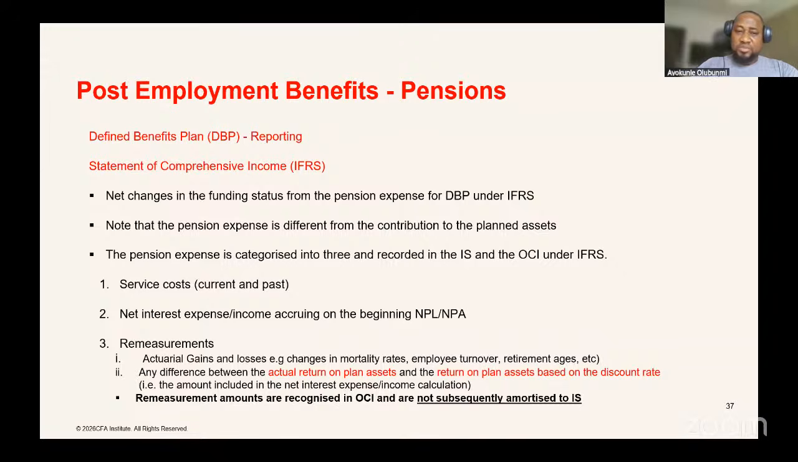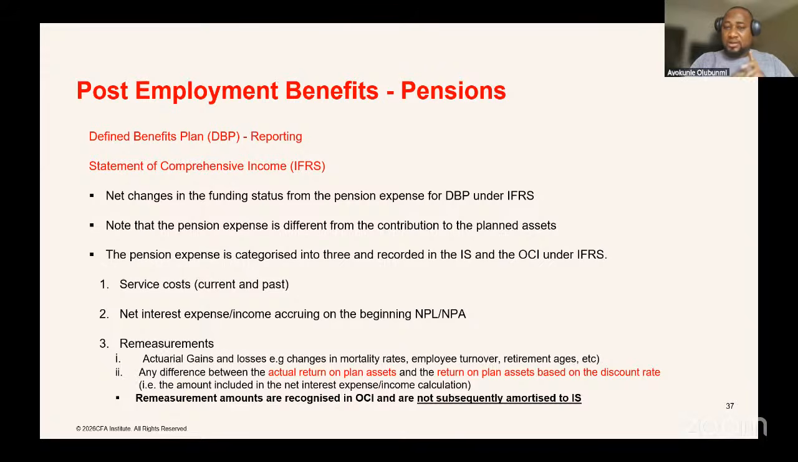Now, the third one is remeasurements. Remeasurements is what you have in the remeasurements, actuarial gains. So, for instance, when there are changes in your actuarial assumptions, that means that the pension obligation will even change. And that one can result in gains or losses by the time you get the fair value of those instruments. So you can have actuarial gains or actuarial losses. And then also we can have actual return on pension assets, and then the difference between the actual return on pension assets and the return on the plan assets based on the discount rate. So the difference between the two of them. That one also enters our